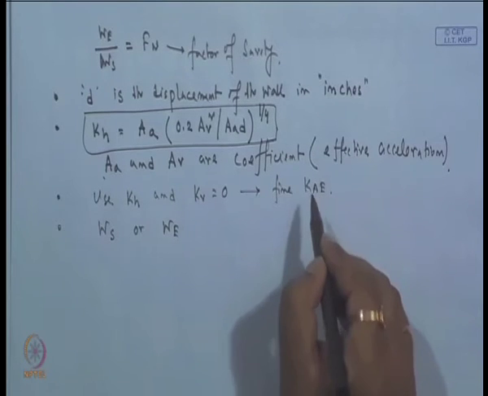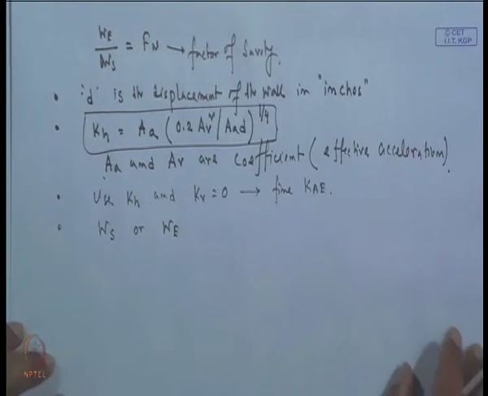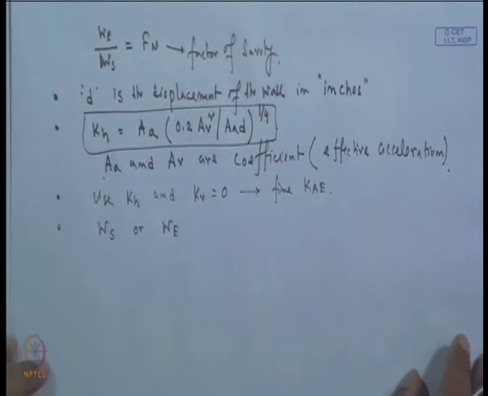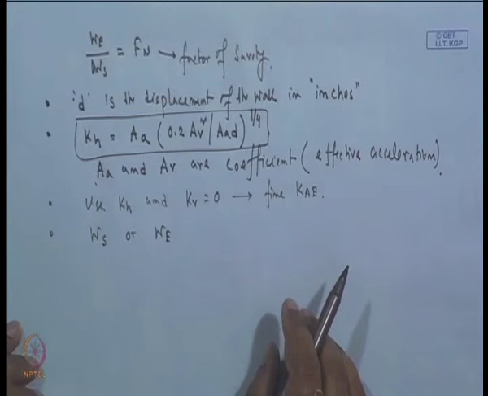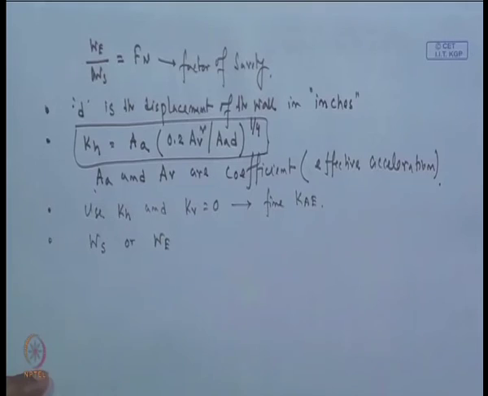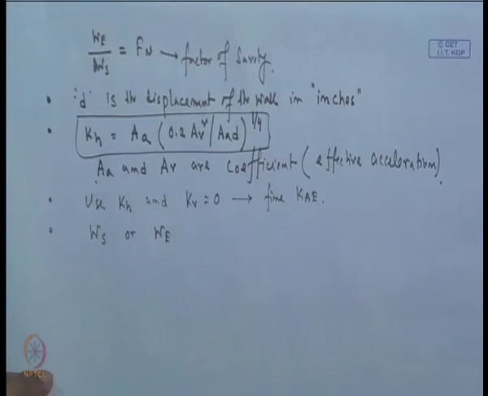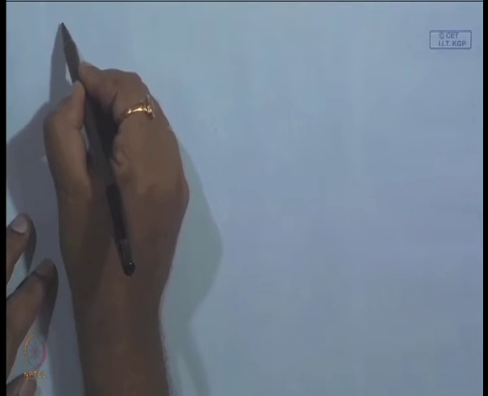Once we calculate K a e, then we can calculate W e, what is the amount of weight required if we apply a very small amount of deformation, if we allow that deformation. So, these are the analysis of the retaining wall under seismic condition. So, next step that we will discuss about the hydrodynamic effect of pore water pressure.